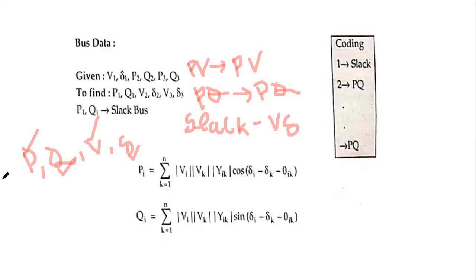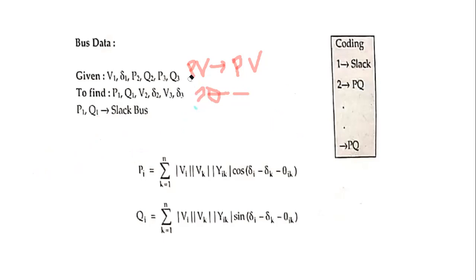Q and delta are the unknown variables. In the PQ bus, P and Q are the known variables, and V and delta are the unknown variables. In the slack bus, V and delta are the known variables, and P and Q are the unknown variables. Okay, once we remember these,